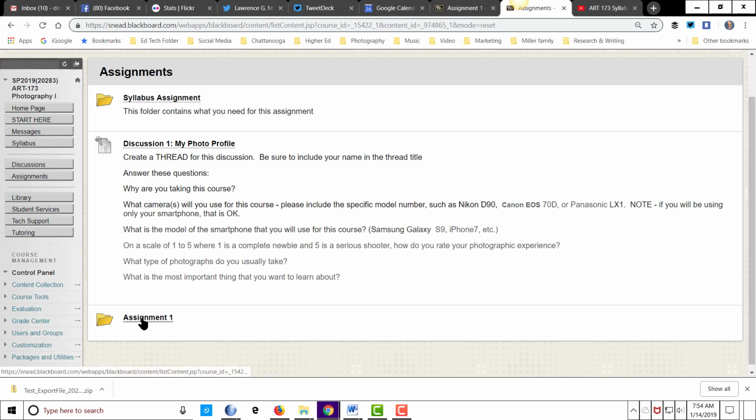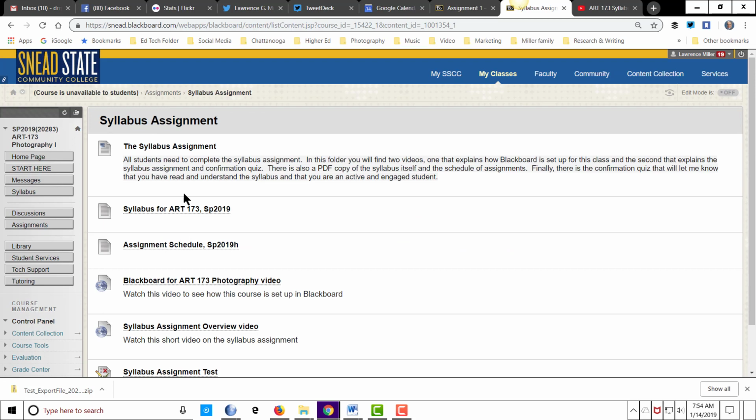You can look at this stuff, but none of it may be even complete with all the material, because I put in fresh material for each course, and it can change a little bit as we go through it, partly because if you're telling me what you want to learn, I'll respond to that. So let's go up to the syllabus assignment, and there's a separate video that describes this whole process, so we won't go through that again. But this is where you find your assignments. Let's go back up to